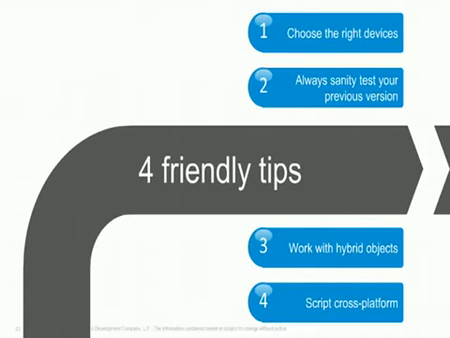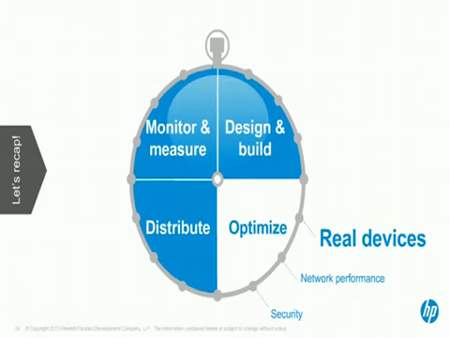And this, we spent half an hour on functional testing, and this is just one of the aspects. You have to think about performance testing, rendering on the device, performance on the cellular network, impact on the back end, and also security, right? So there is much more to it than just functional testing. And obviously the way you distribute your app, but also monitor and measure your apps, so that the marketplace can provide feedback to your development team and level up the priorities of user stories while you're using Agile. Right? So it's a continuous life cycle that never ends.